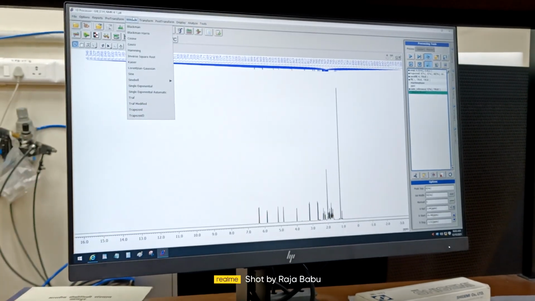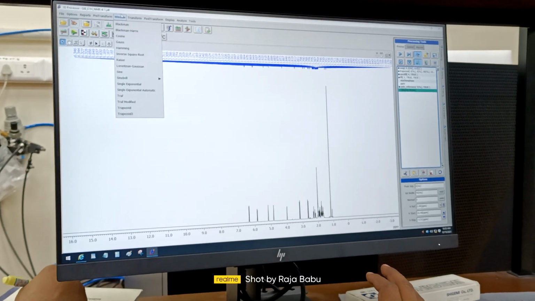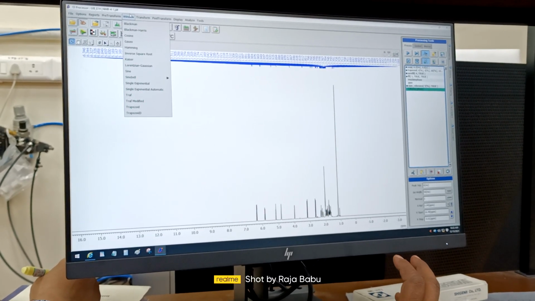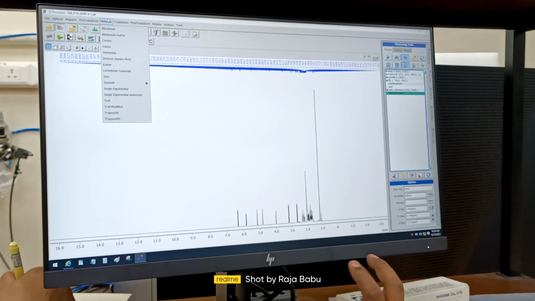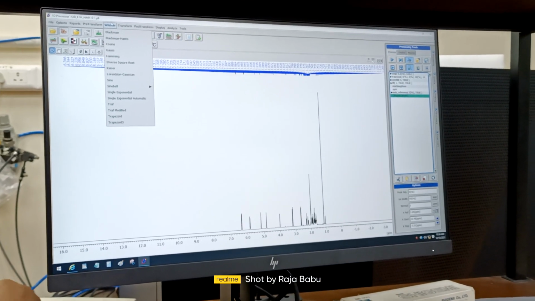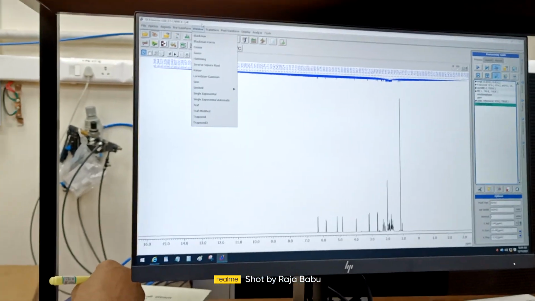We don't need it. 99.9% you don't require this one. The 0.1%, I don't know, depends on the methodology development. Suppose you are developing some pulse program, you want to try something with your FID, then you can try it. Otherwise, really these 2 are not useful for regular operation.